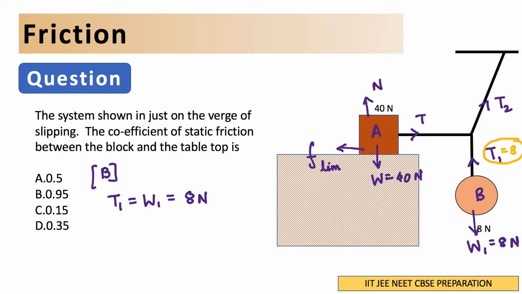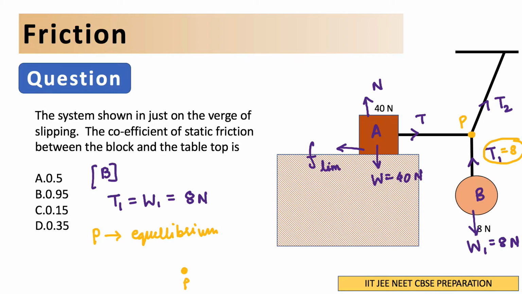Now what we need to do, see, at this particular point, say this point is P, this point P is at equilibrium, right? So I can say point P is at equilibrium, so I can balance all the forces that are acting at point P. So let's mark what are the forces at point P.